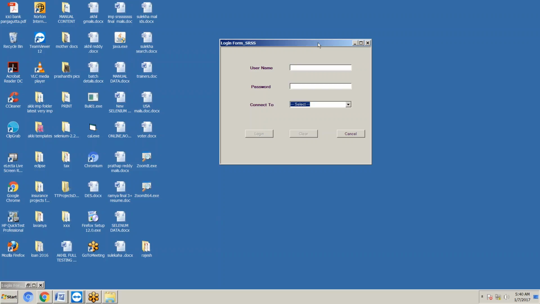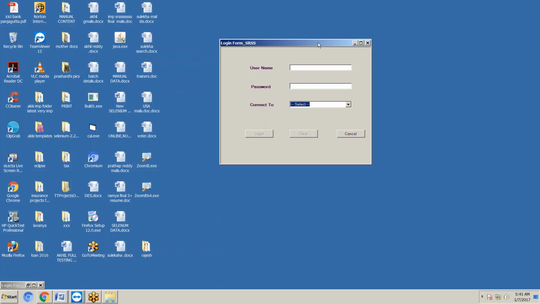Third: after entering username and password, if you click on the login button, the corresponding page must open. If it is a normal user, the home page; if it is an admin user, the admin page must open. After clicking the clear button, all the fields must be cleared and the cursor should be placed in the username field. After clicking the cancel button, the application must be closed. This requirement is given by the customer.